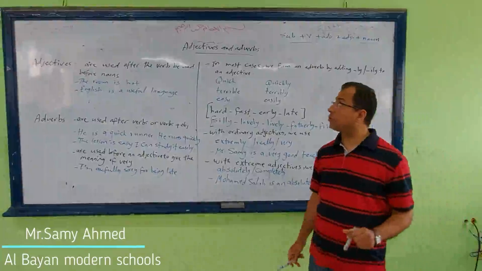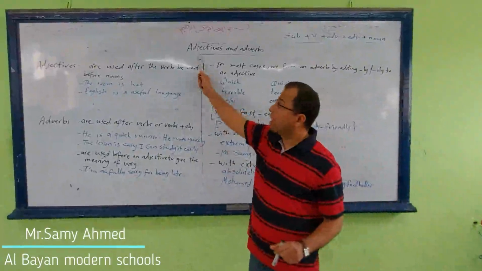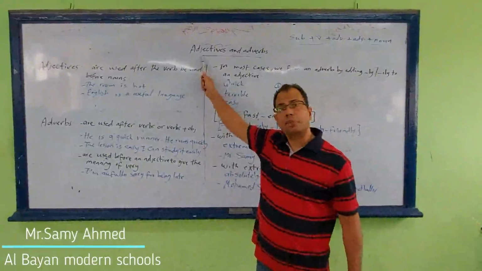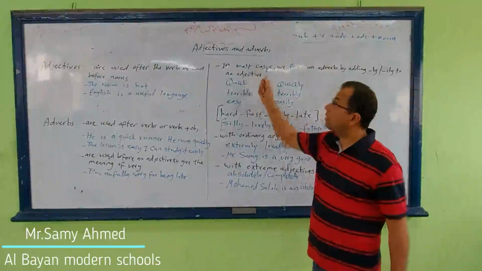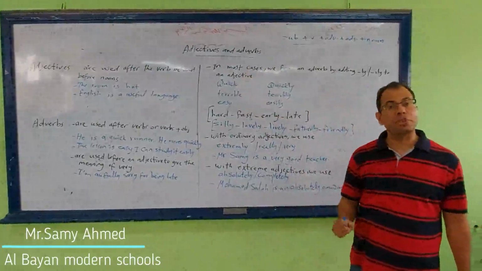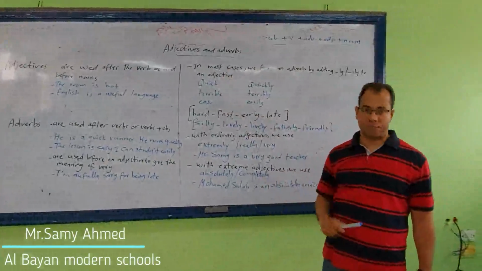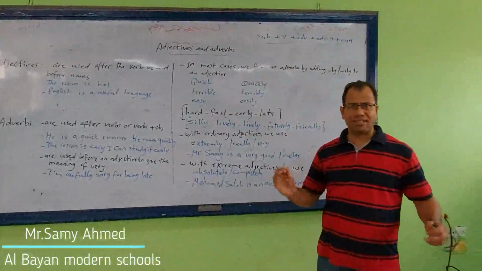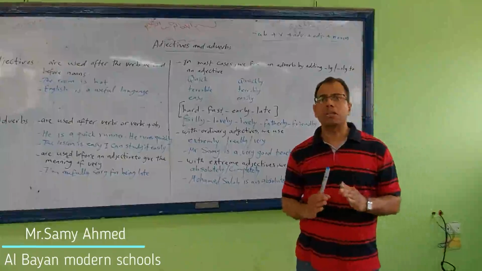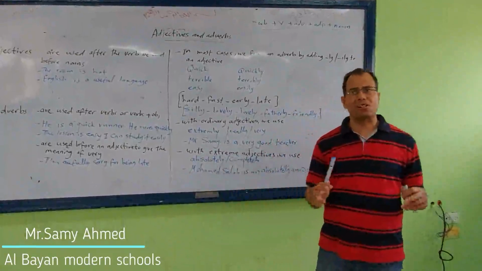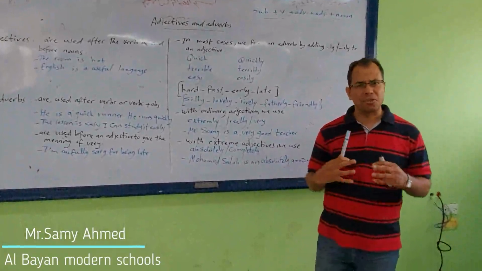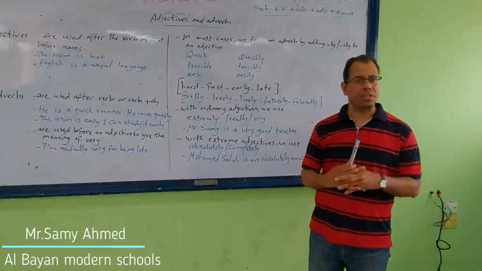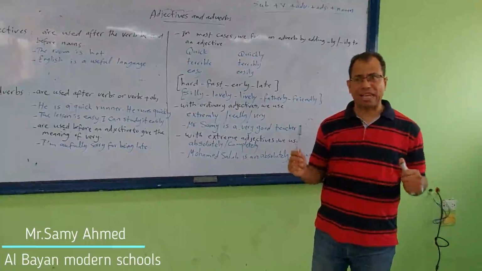First of all, I told you before that adjectives are words which can be used so as to describe nouns, but adverbs are words which can be used so as to describe verbs. So, they are completely different. Sometimes they are like each other in meaning or in spelling, so close to each other in spelling, but in meaning and usage,